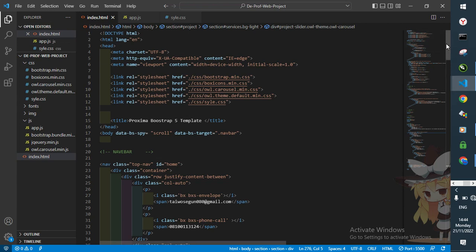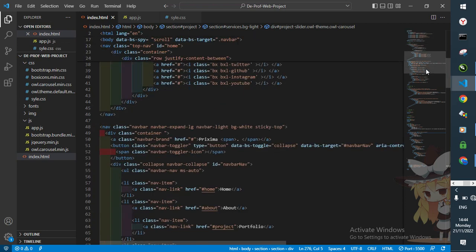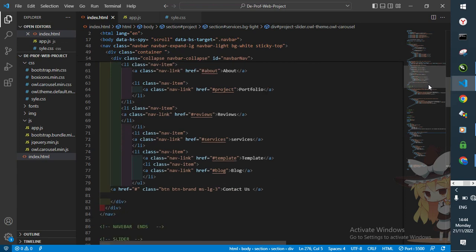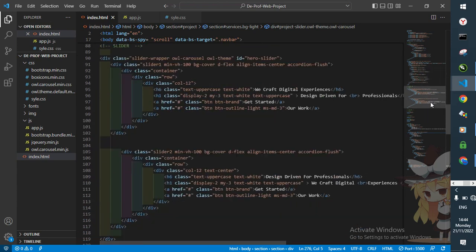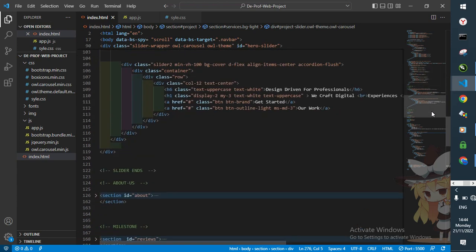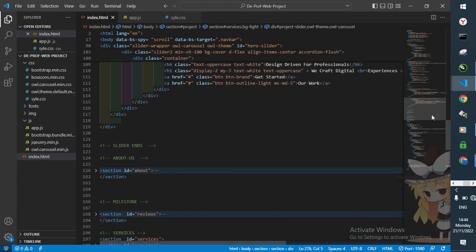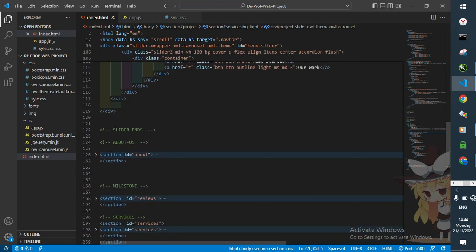And I'll show you the front end of the website. Don't worry. This is just the header. Let me scroll it down so that you see very clearly. You can see the section. This is a slider. If I open it now, you're gonna see, boom,